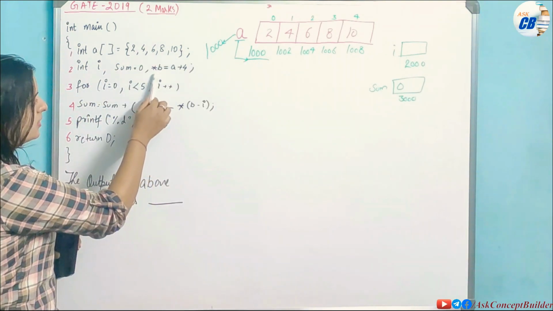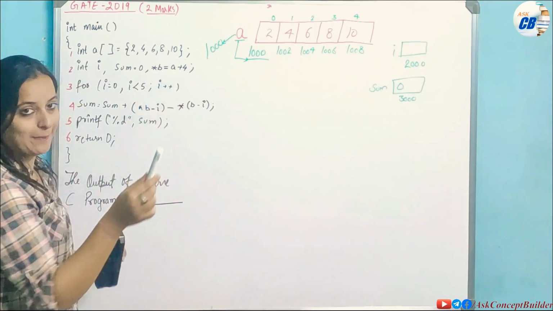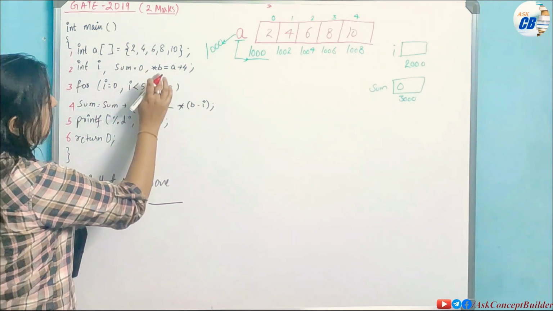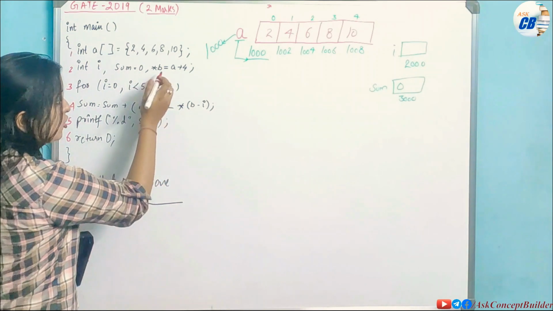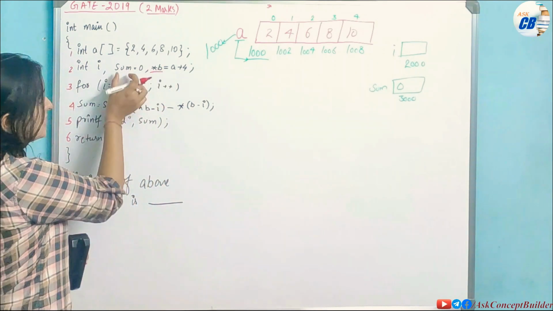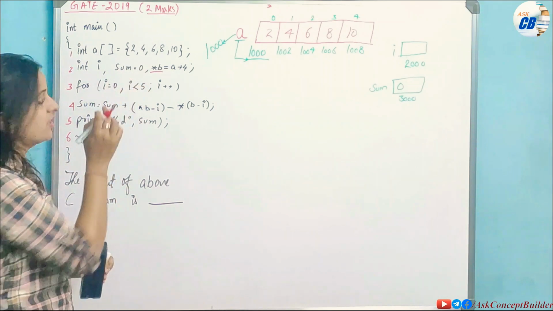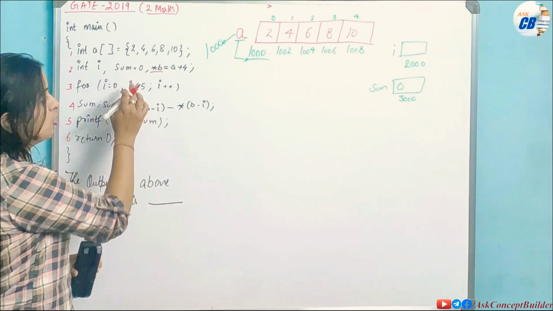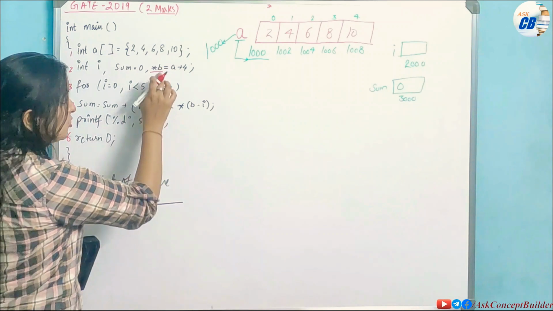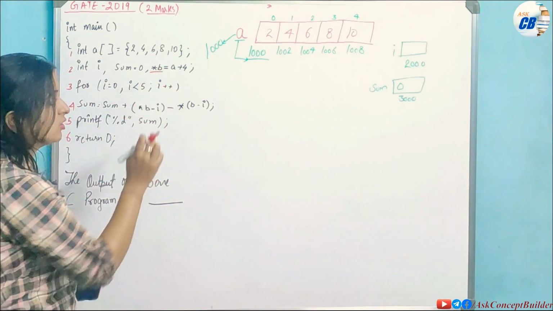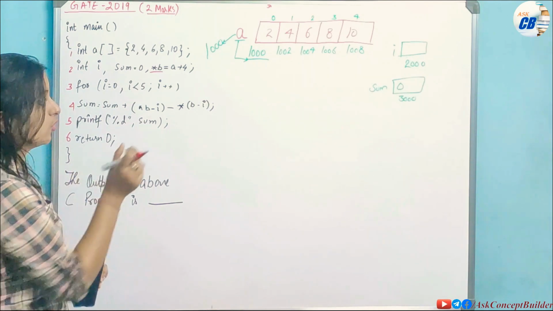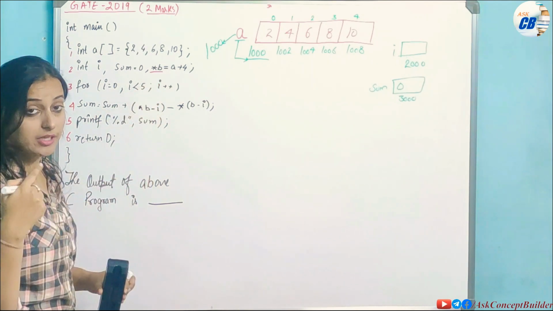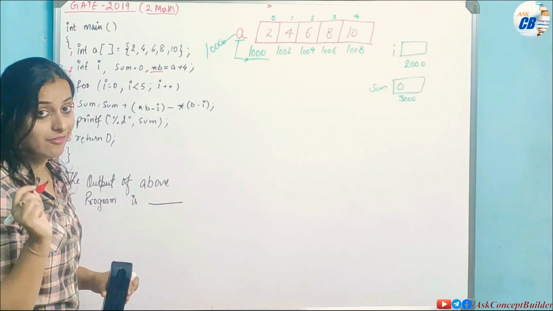Now see, third is your star b equals a plus 4. Now what does this mean? See, this b is a variable, but it is a pointer variable. This sum was a simple variable because sum was your integer variable, because these are all integer variables. Sum was your integer variable, b is also a variable, but this is a pointer variable because the star mark is in front of it, okay. So this is your pointer variable, meaning it will store the address of another variable.